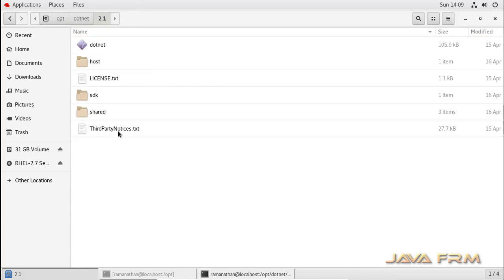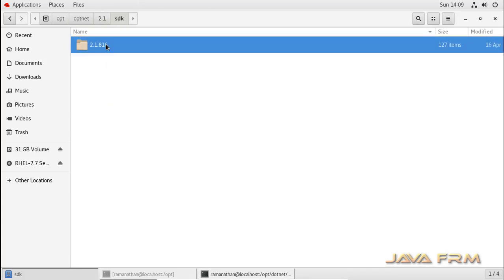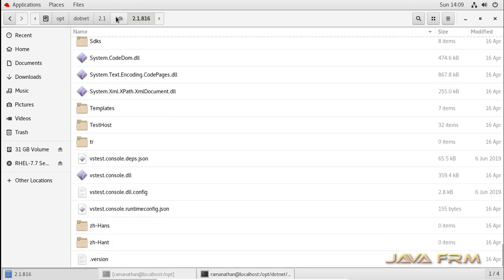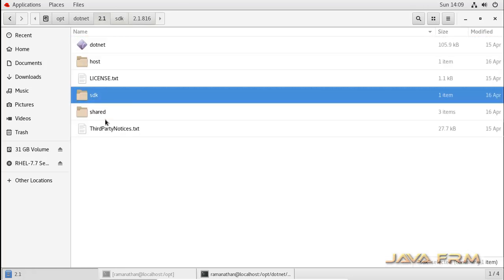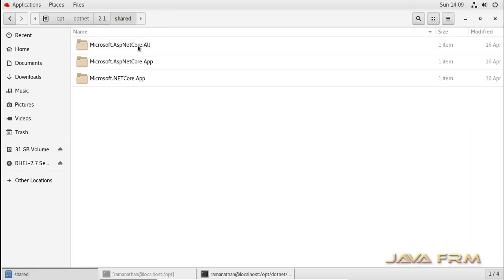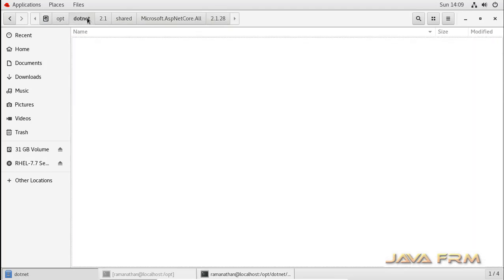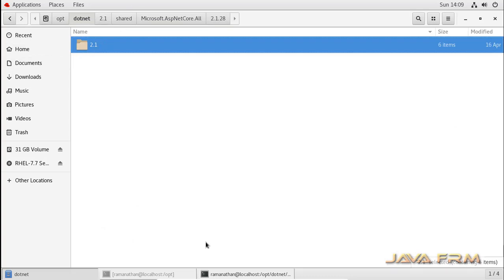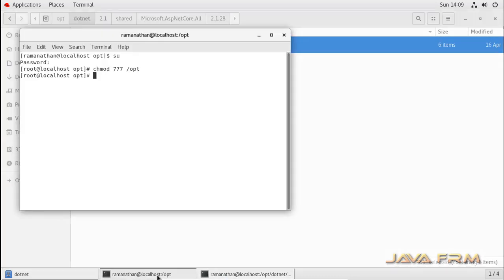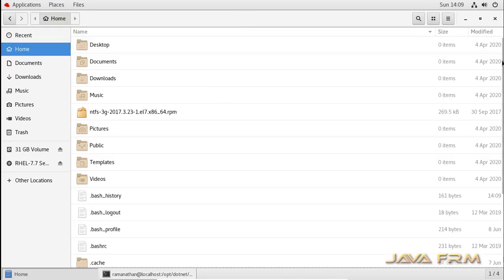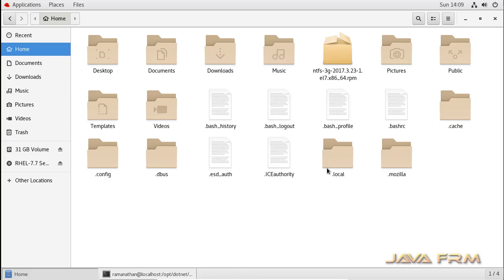This is the directory structure of .NET 2.1, which contains SDKs, ASP.NET and .NET Core runtimes. It also contains libraries for development. Make sure that this supports only console and ASP.NET web applications. It does not support Windows Forms or any other graphical applications, because .NET Core has some limitations.